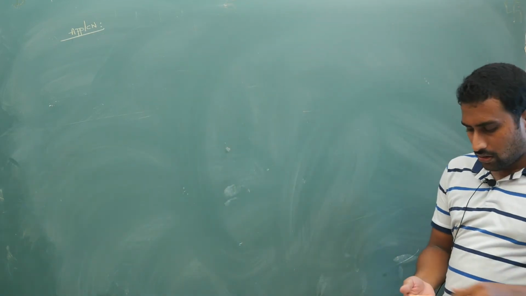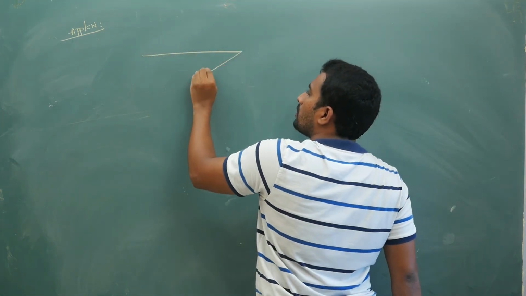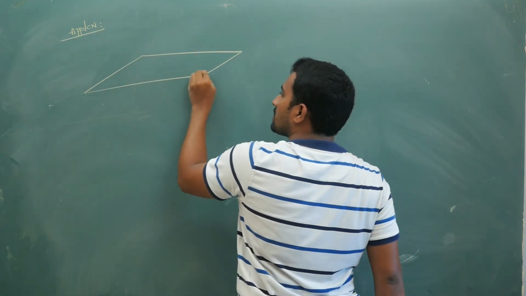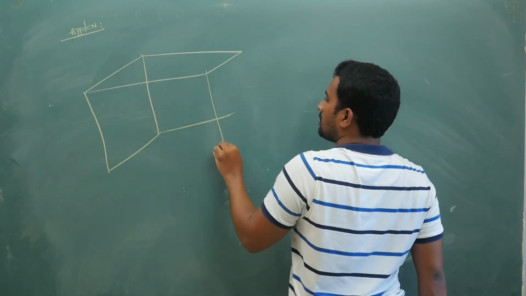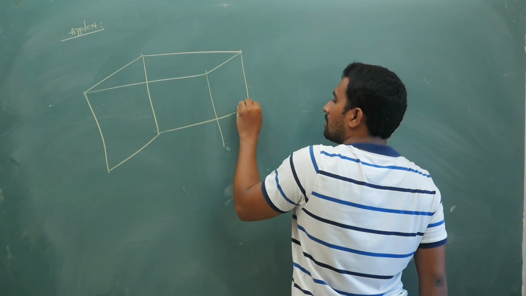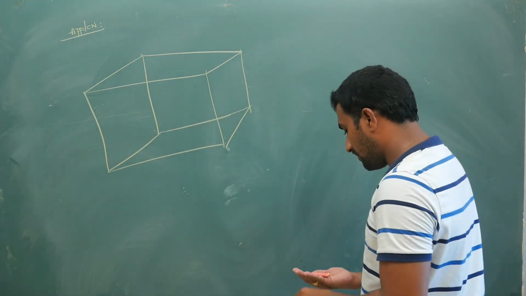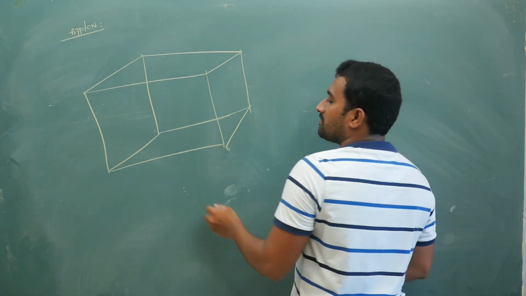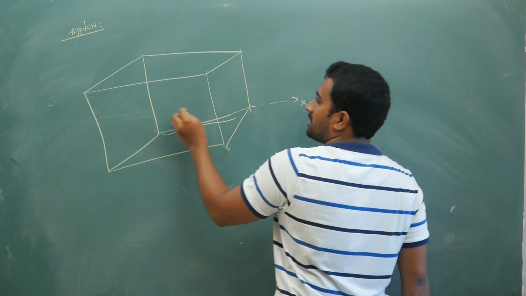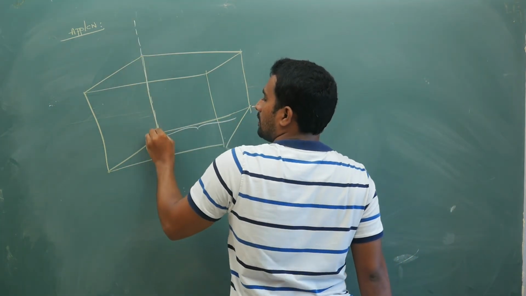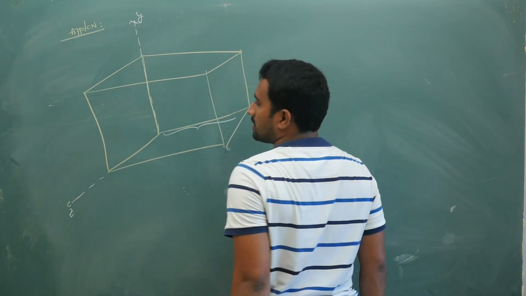Okay, so what is my intention, I will tell you. So you have a surface like this. Now watch my subtraction of vectors and plotting coordinates video if you do not know which is which face and what are its coordinates. Let us say this is your x-axis, this is my y-axis, and this is my z-axis.